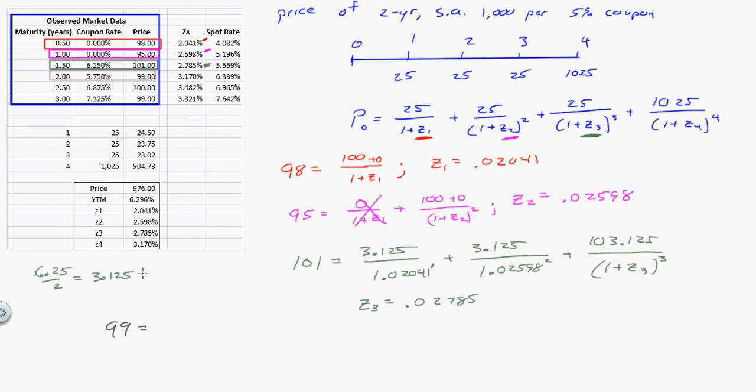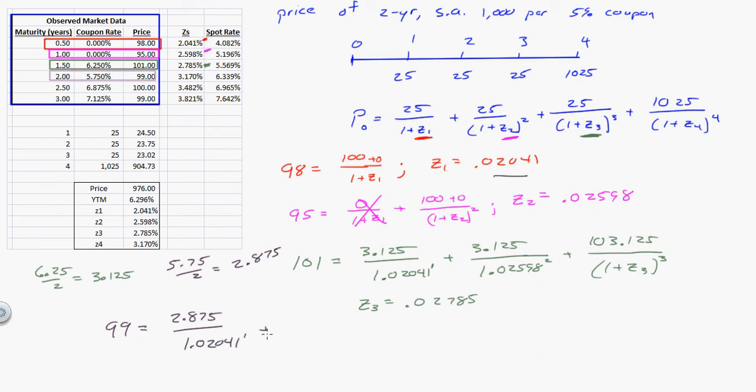It pays 5.75. 5.75 divided by 2 is 2.875. So 2.875 divided by 1 plus Z1, which is 1.02041 to the first, plus 2.875 divided by 1 plus Z2, which is